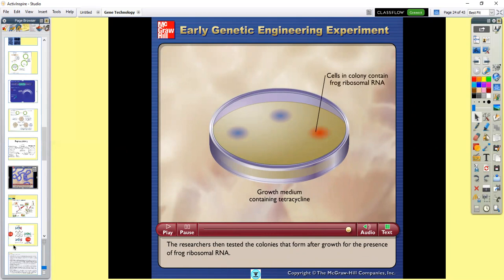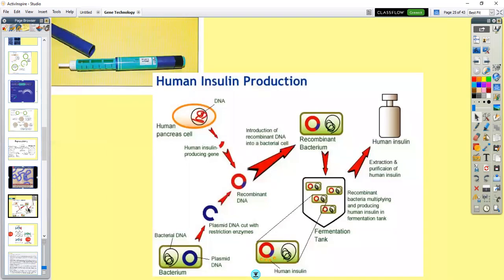Okay, so we can use that type of process to produce, as I say, human insulin. So the next bit, looking at genetically modified organisms. So obviously with bacteria, you can take out its plasmid, as we talked about, you cut it up with a restriction enzyme. You take out, sorry, that's the human DNA. You take out your